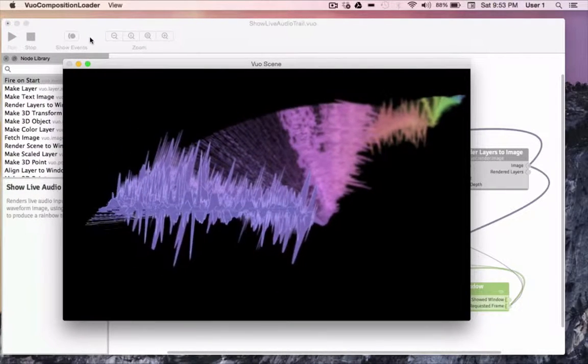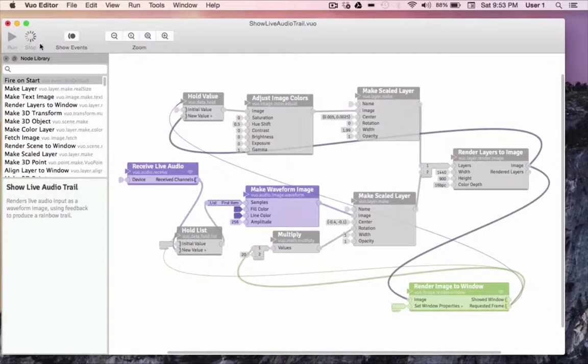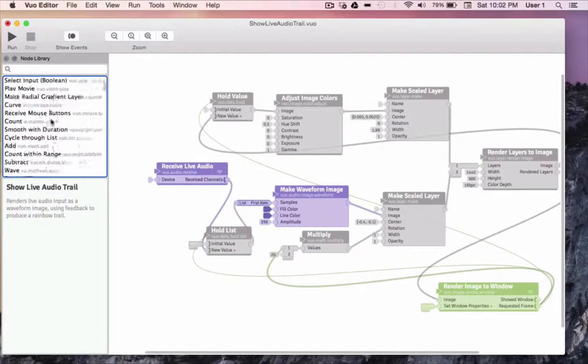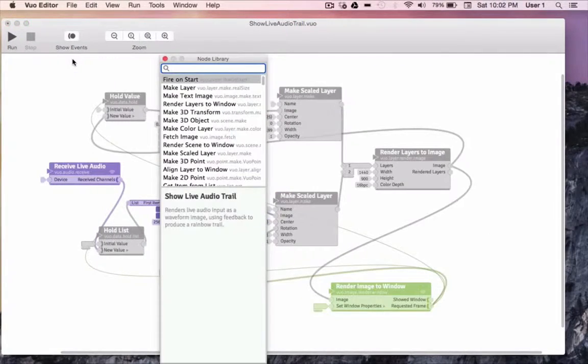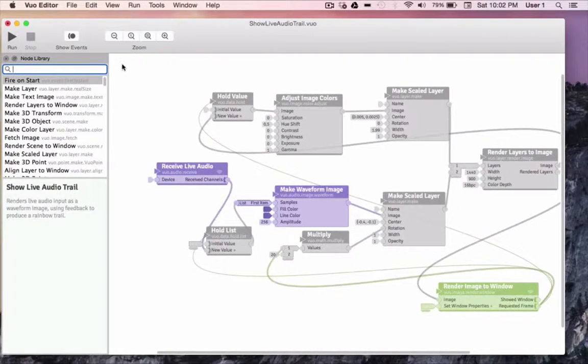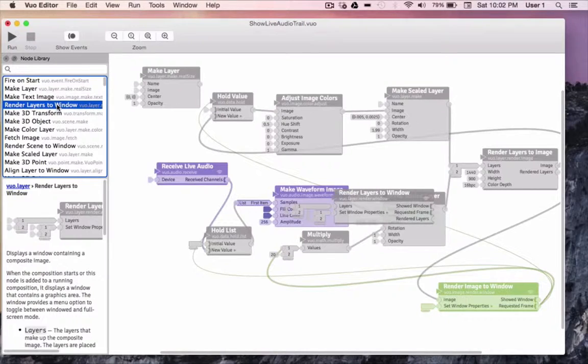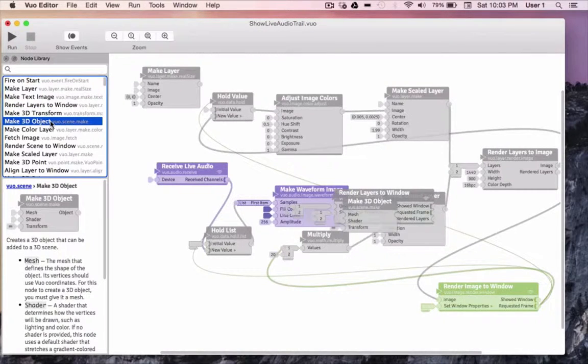Let's stop this example and look at one more major component of the editor, the node library. The node library houses all of our available nodes and all kinds of information to help us design and build stuff. The library starts off docked within the editor. We can double-click the top bar to detach it, and double-click it again to dock it. We can put nodes on the canvas by dragging and dropping, double-clicking, or selecting and pressing enter.